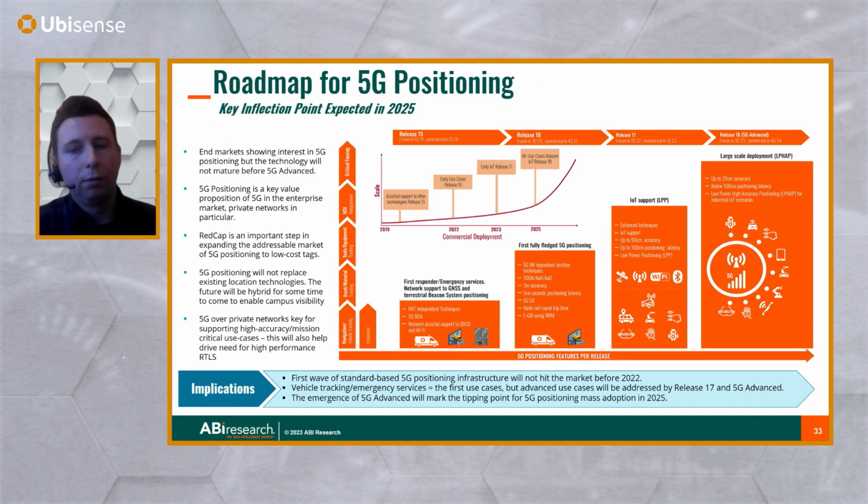Finally, I just want to very briefly discuss the roadmap for 5G positioning, which is becoming an extremely hot topic within the RTLS and location industry, both indoors and outdoors. In its simplest form, the ability of 5G to combine connectivity with high precision positioning has the potential to significantly enhance the value proposition of 5G and private network rollouts, and help to enable these new location-based services across a